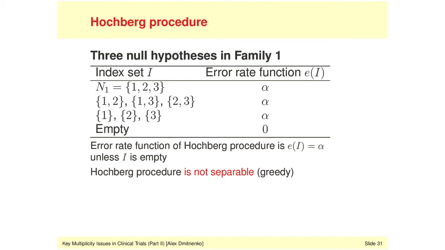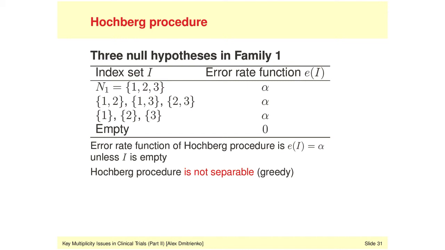Those would be examples of the cases where the index set is a proper subset of the index set N1. There are only 2 null hypotheses rejected in the primary family, or only 1 null hypothesis is rejected in the primary family. However, the error rate function is still equal to alpha. The separability condition is clearly not satisfied, and this is the reason why we cannot use the regular Hagberg procedure